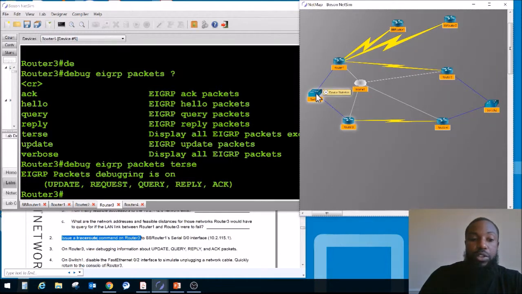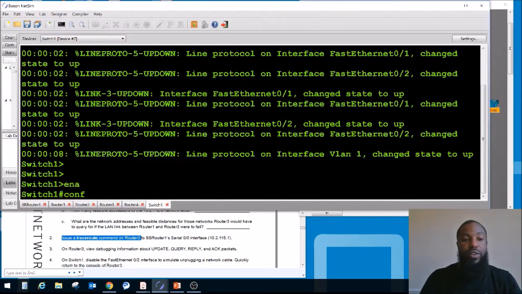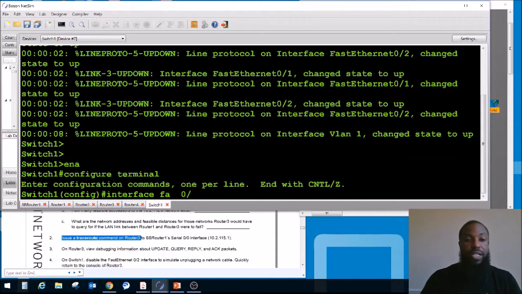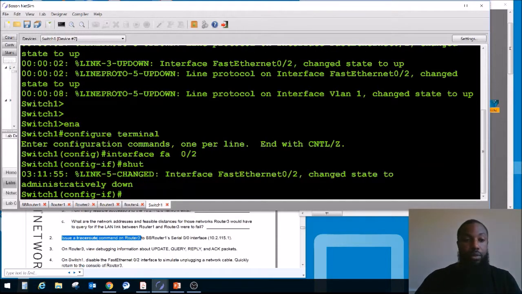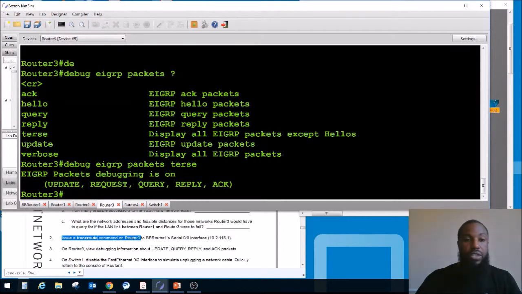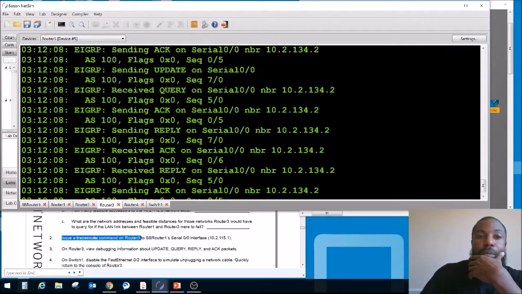So we're going to go to switch 1, disable FA02: enable, configure terminal, interface FA0/2, shut that guy down, and we're going to go back to router 3. Boom, router 3. And now we should see some packets fly. Come on, buddy. There they go. There go the packets. FA0 went down, and we got a couple